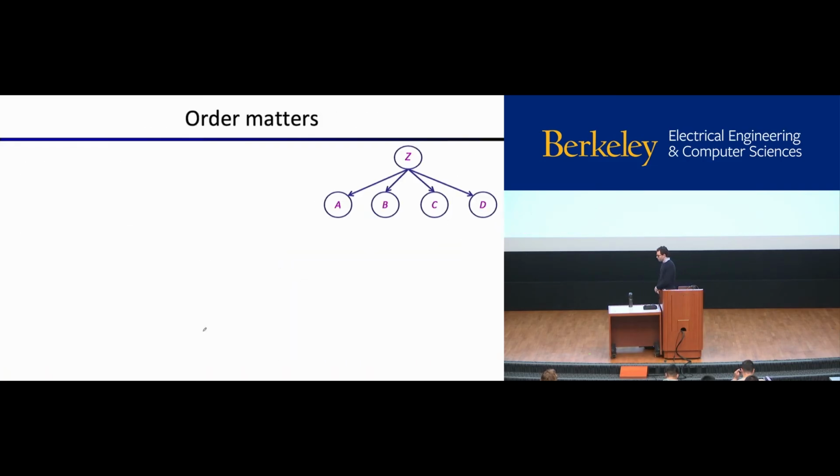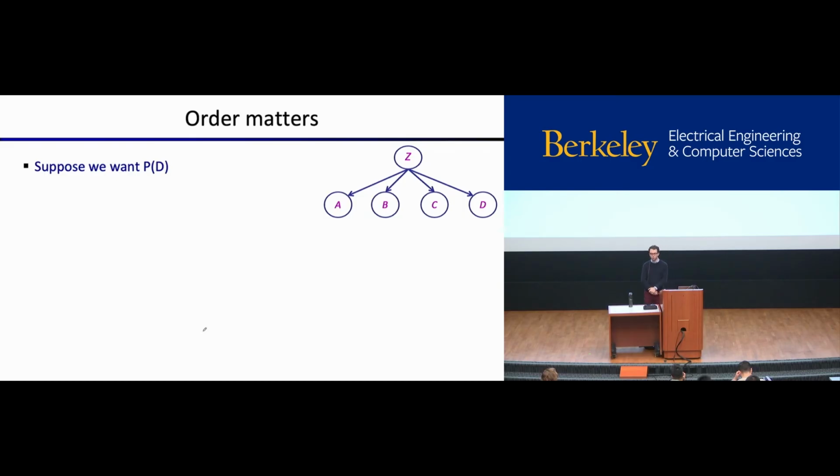So the order, we said we could do E first or we could do A first. We chose to do A first. The order turns out to matter quite a lot. So if we have this model, this is what we called a naive Bayes model last time. We'll talk about that more a few times in this class. If we have this model, and let's say that we want the probability of D, for whatever reason.